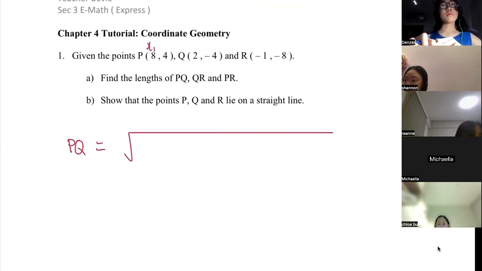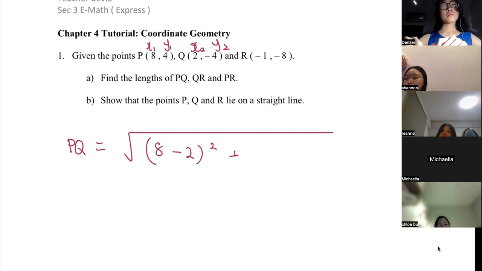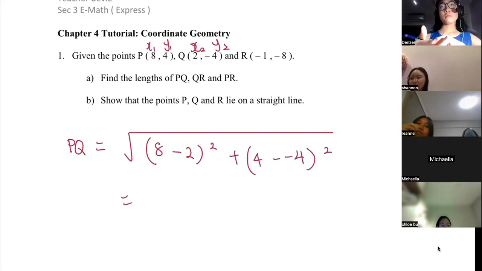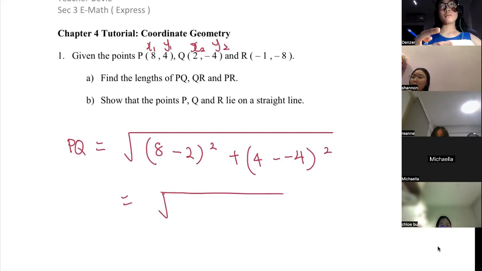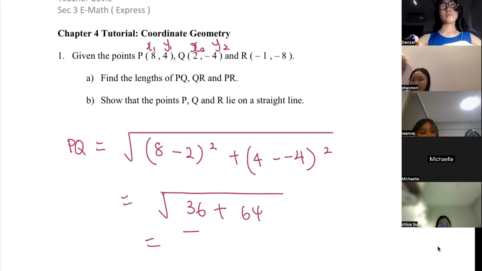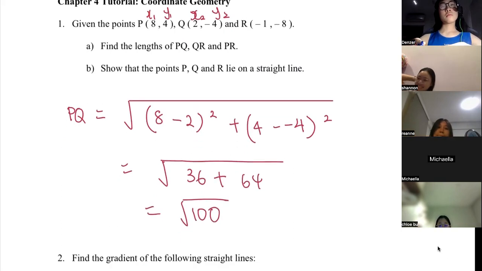If this is X1, Y1, and this is X2, Y2, I will get the square root of (X1 minus X2) square plus (Y1 minus Y2) square. This is a formula that you have to remember. It is not inside your formula sheet. And this gives me 100, which is,